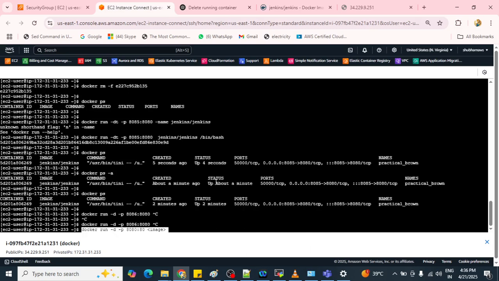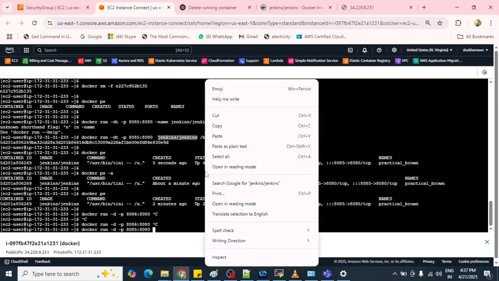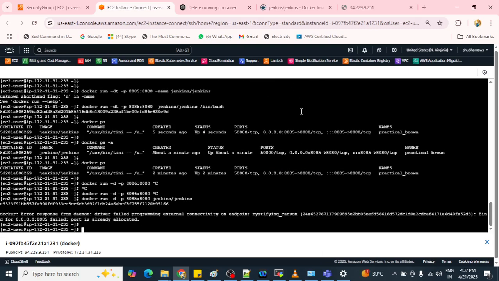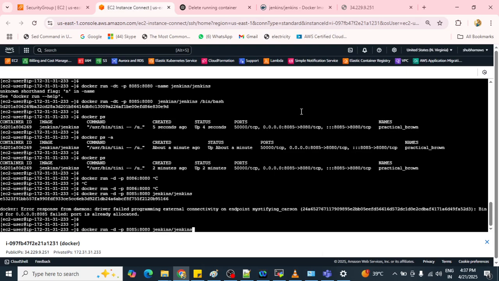Oh, what is happening here? 8085:8080, space, copy paste it, like that. So the port is already allocated. Let me give 8086.